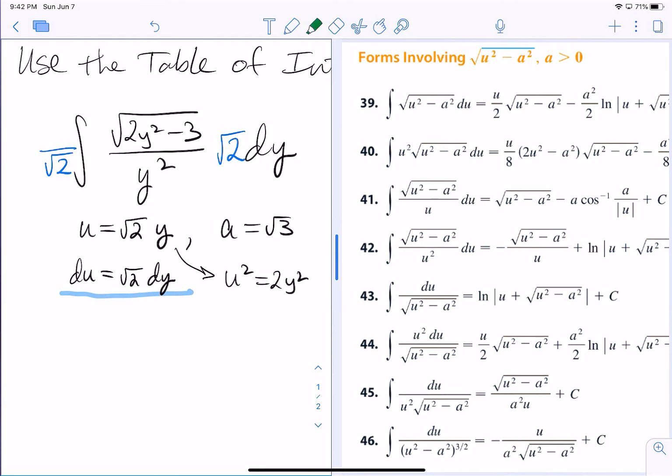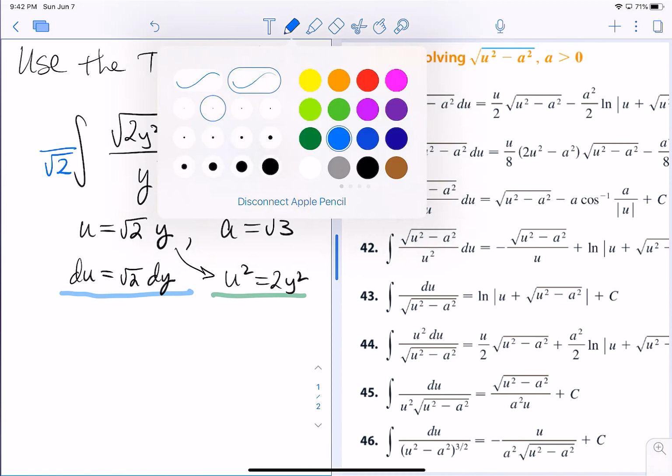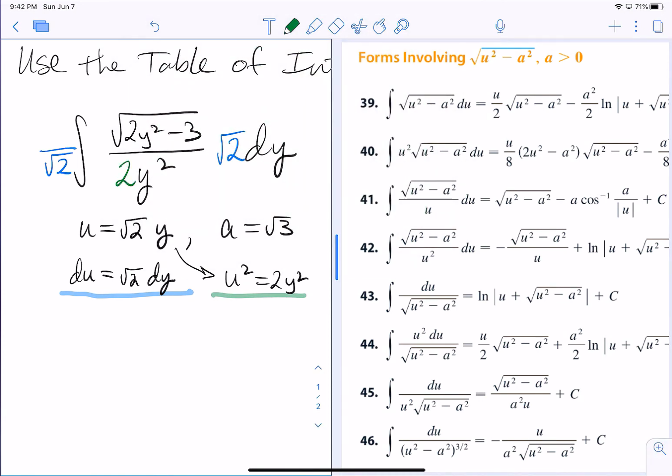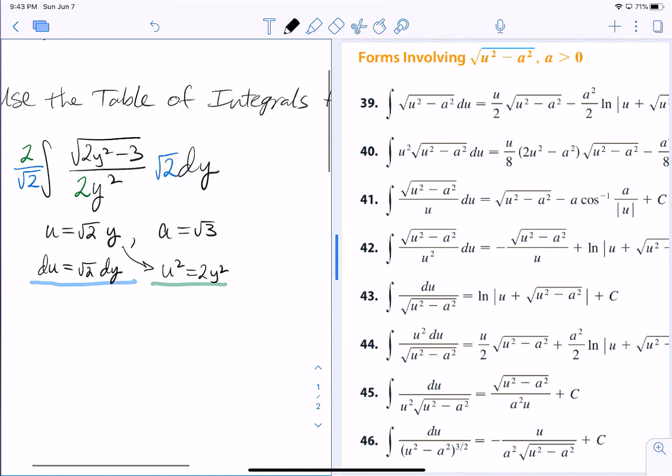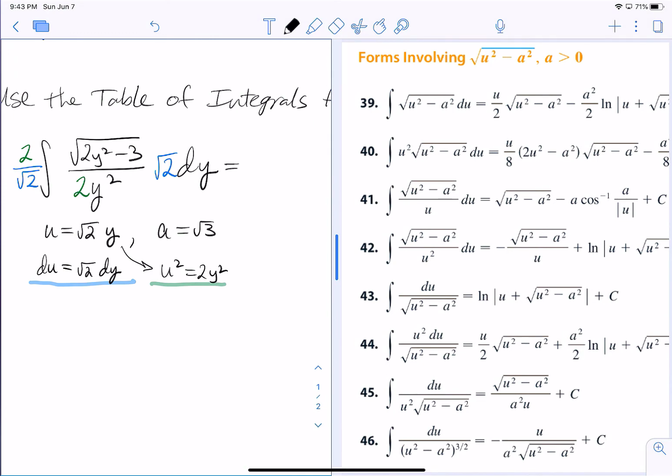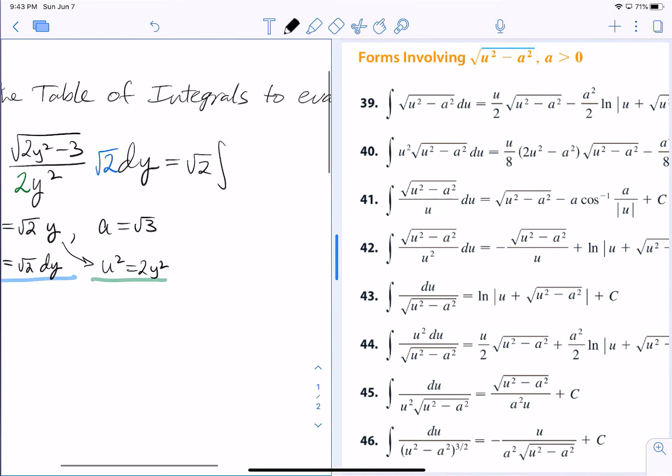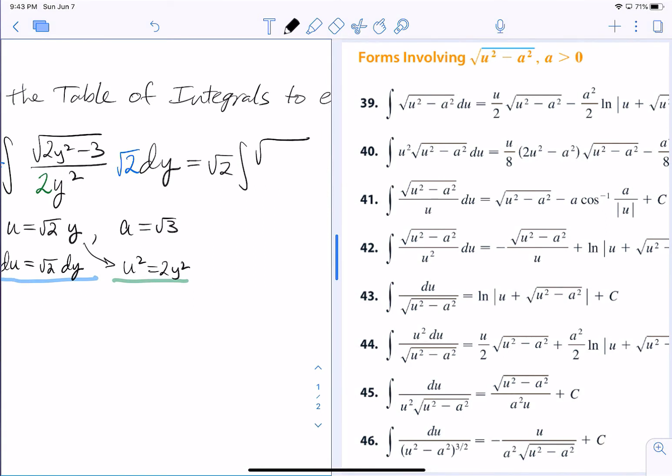In order to have a u squared, we need 2y squared. Therefore, in the denominator, I need to multiply by 2. That's really dividing by 2, and so out front I'm going to multiply by 2. 2 divided by the square root of 2 simplifies to the square root of 2. The rest of the integral we can write in terms of u. We have the square root of u squared minus 3 divided by u squared